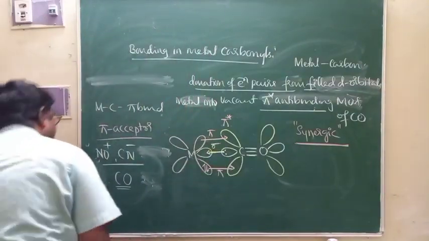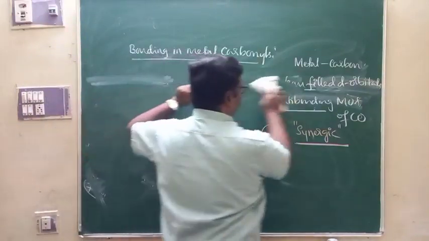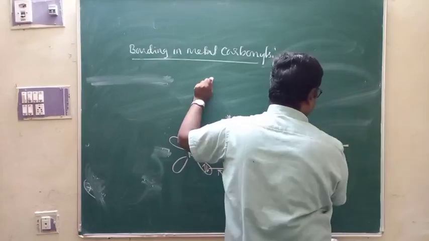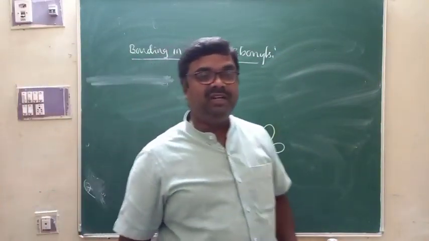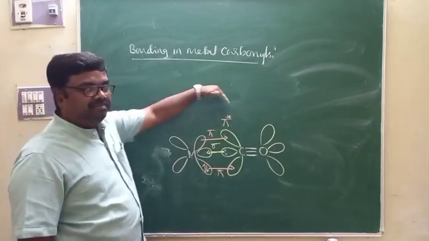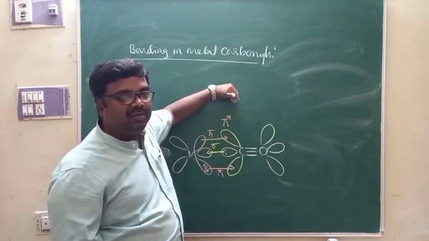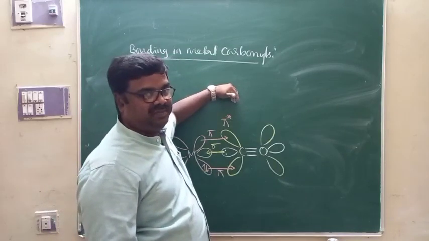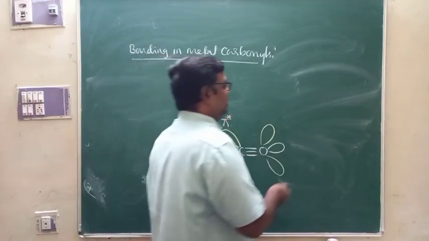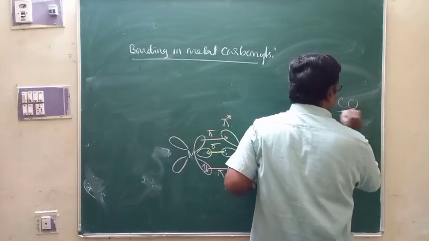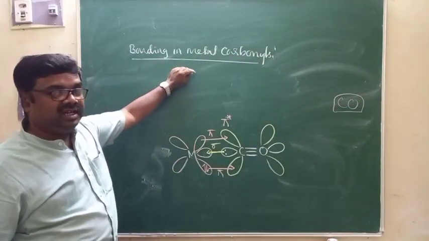And because of that pi interaction ability in the case of carbon monoxide, this carbon monoxide brings about maximum crystal field splitting because of its pi interaction with the metal. Therefore, carbon monoxide is a strong ligand. See, in the spectrochemical series carbon monoxide was placed at the end. That is what I said. It was considered as a strong ligand.